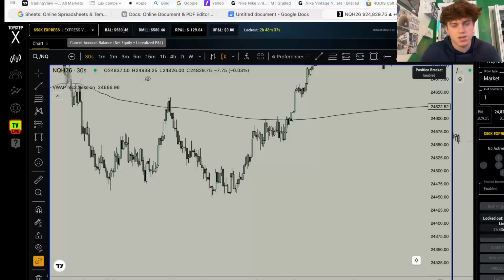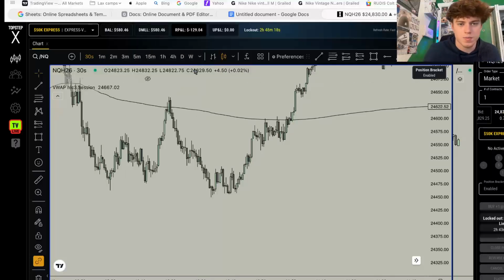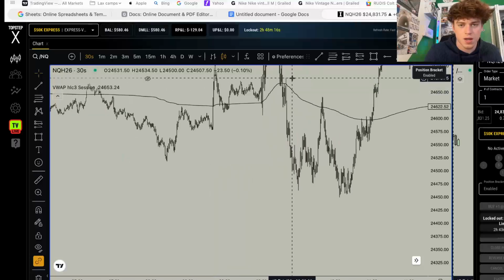So my plan is to pass these evals and then trade them all as a group with like 1, 2 minis until I can get the balance on this back up. And then once I feel comfortable that I can start risking more again, I'll probably start risking back to my normal $400, $500 a trade with micros, because you're not always going to get that risk with one mini.